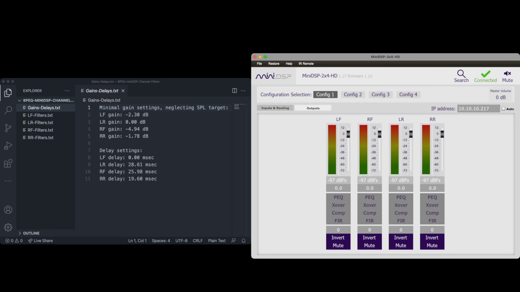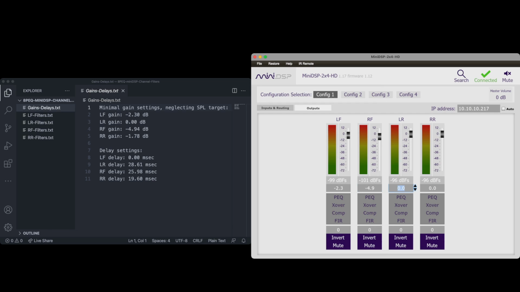So in this config, my left front is a minus 2.3. So I'm going to do minus 2.3. My right front is 0, or excuse me, my left rear is 0, which is this one. My right, see how it gets confusing if you don't have this stuff set up the right way. My right front is minus